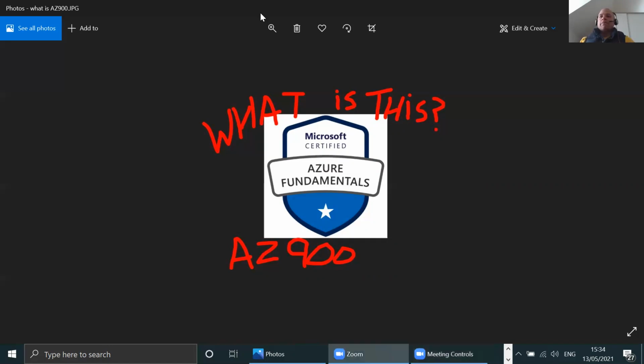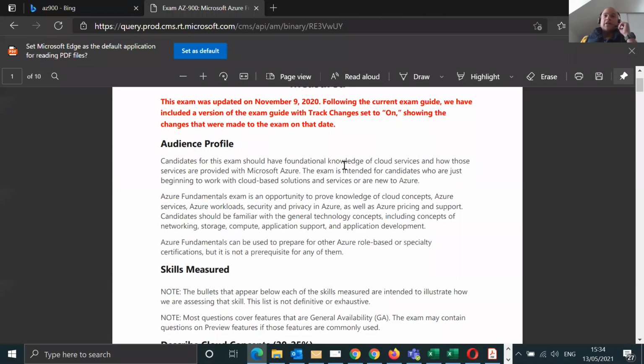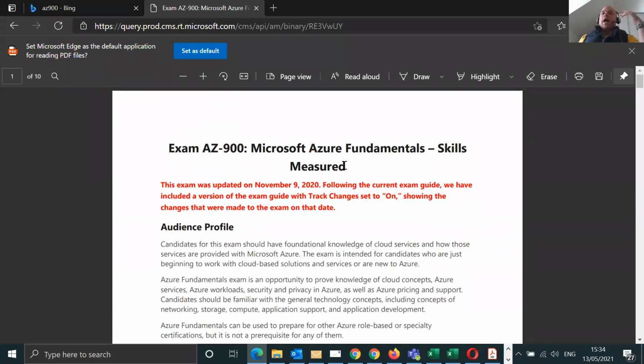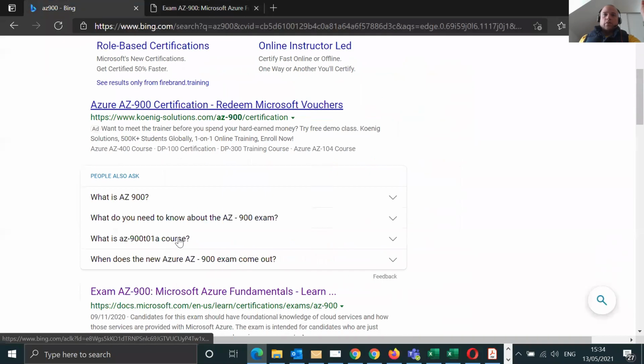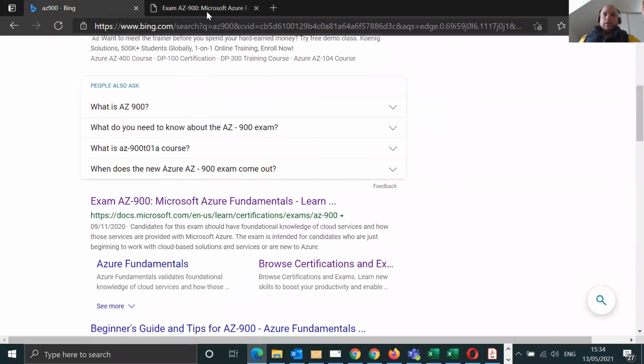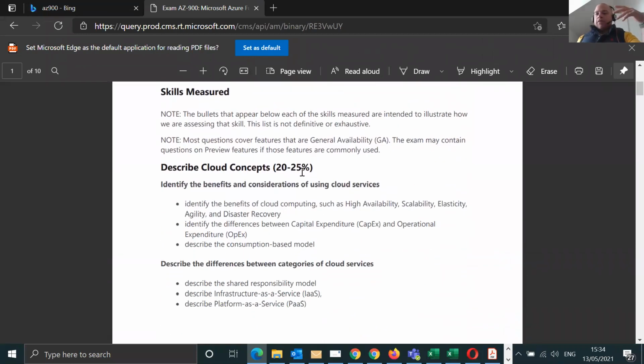So I think probably the best place for me to look at is the syllabus and what that syllabus will cover, if my machine behaves. So here we go. All I've done is go to any respectable browser, type in AZ-900, and you'll be able to get the qualification list right here. I just click, get this, there you go. So AZ-900 covers the fundamentals of what Azure provides, right?